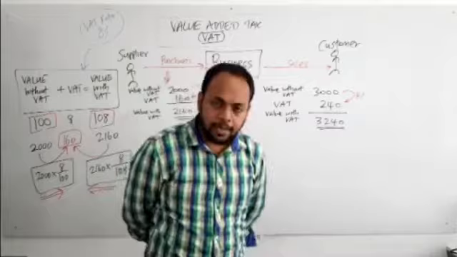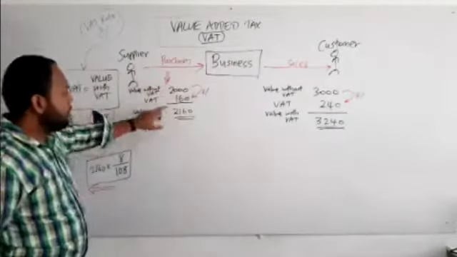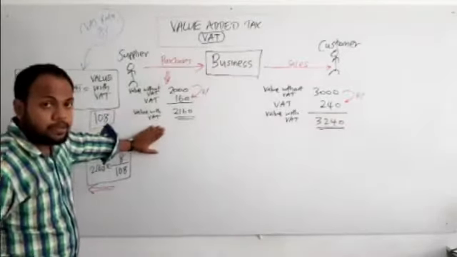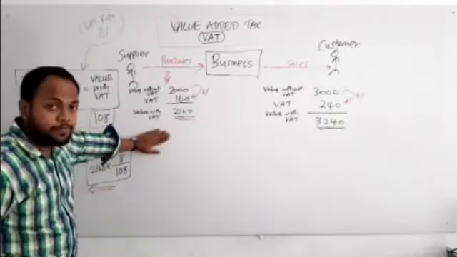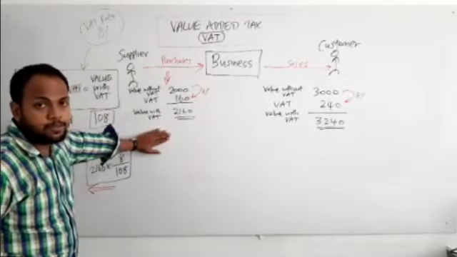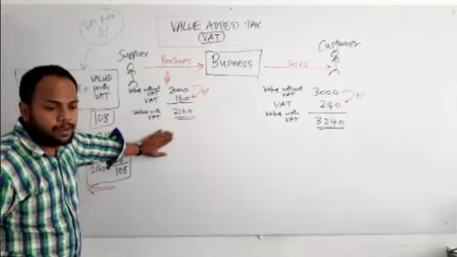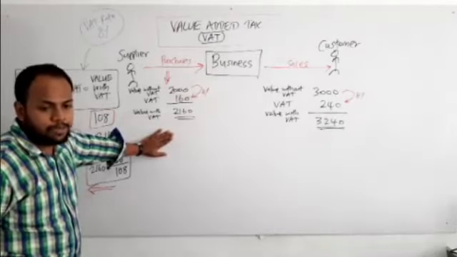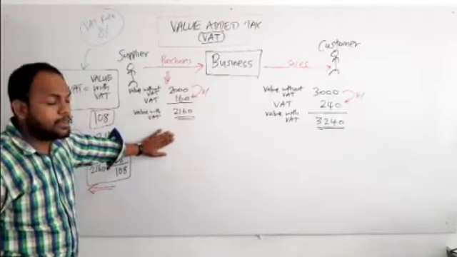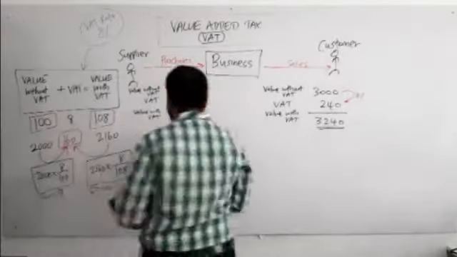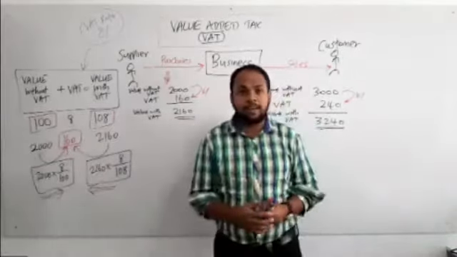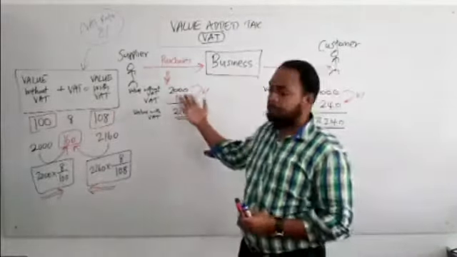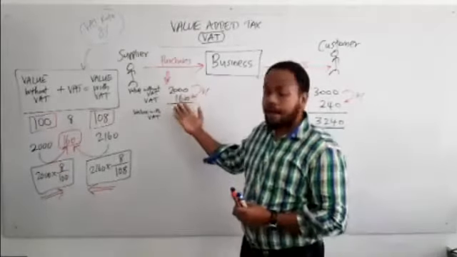Now, if you take purchases, the double entry for purchases is a creditor. Purchases account debit, creditors account credit. Then if there is a value of VAT, this value, this